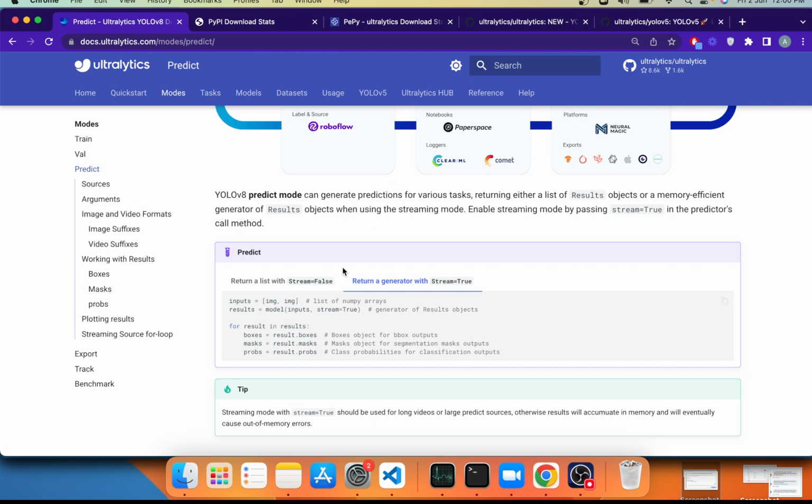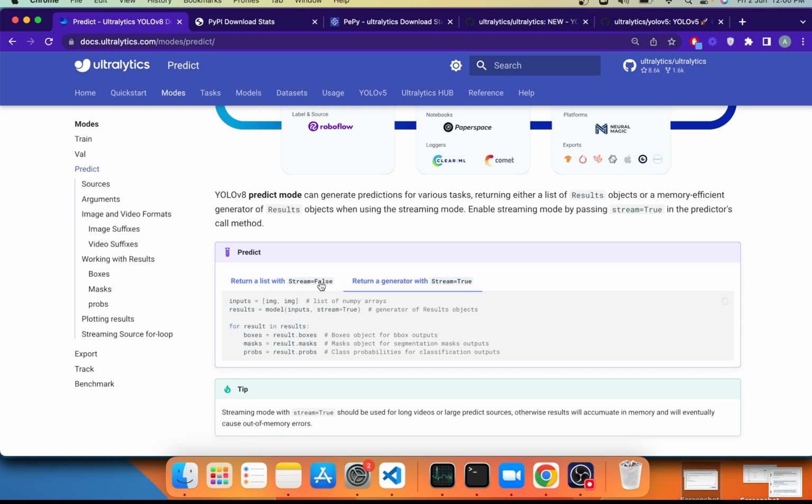With YOLOv8, it was a command line tool, so the results were never saved in the memory. Right? You run something and then you just free the memory by just letting the variable override itself. But when you're working with Python interface, you might need to accumulate results because you need to do some extra calculations after that. So we built a streaming mode that if you run a video, you can pass stream equals